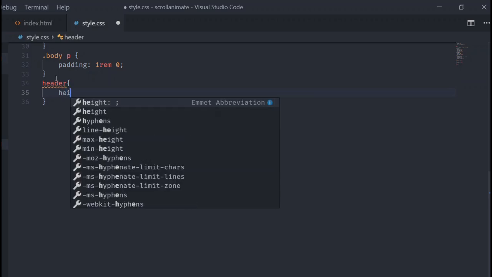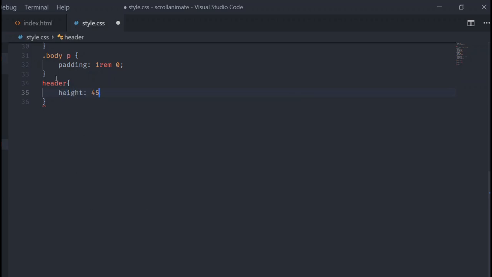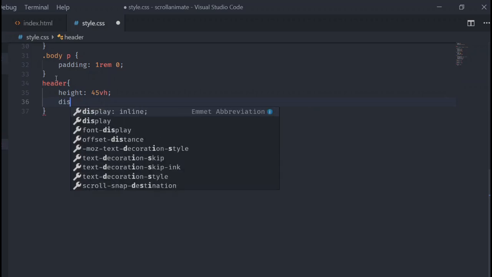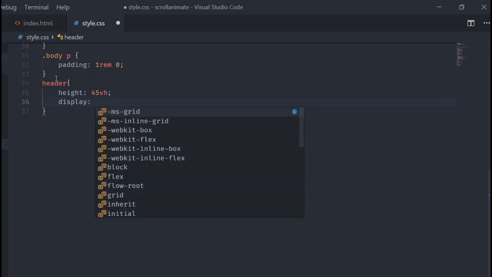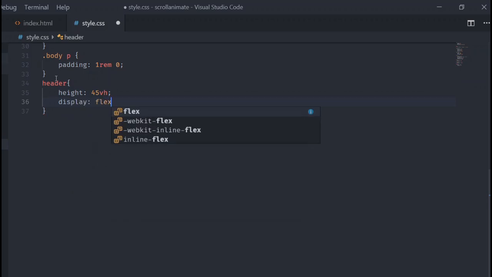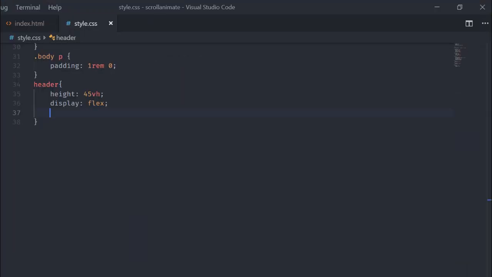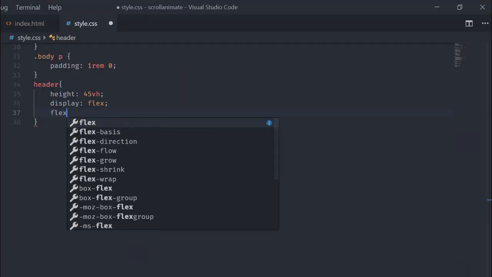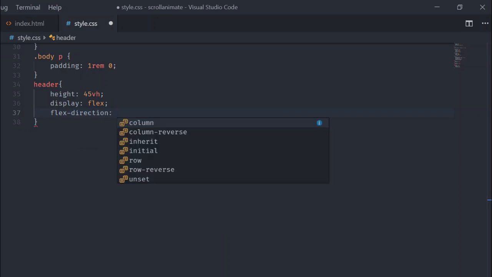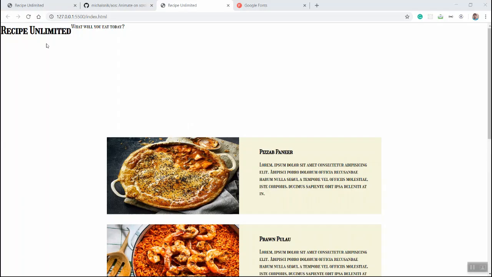The header will have a height of 45 VH, a display of flex because we want to center it, so I'm going to use flexbox, display flex, and what this will do is stack them in the same row, which I don't want. So I'll make the flex direction to be column. This will stack them on top of each other,